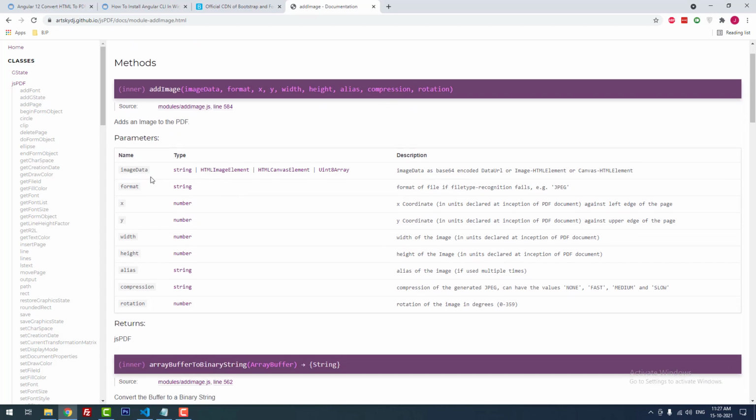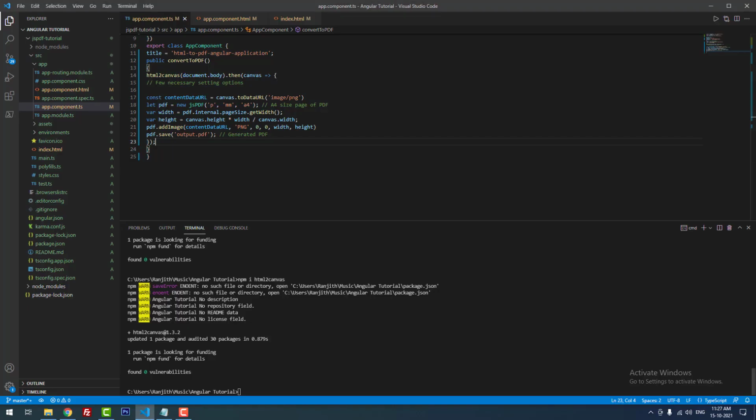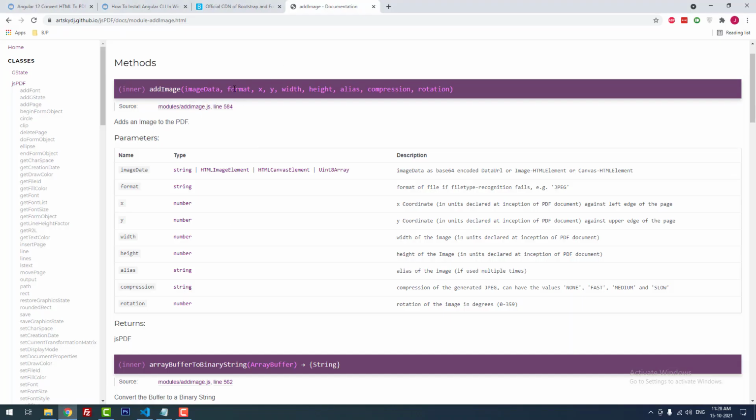The first one is image data. We have saved the data URL to a new variable called content data URL, so I have defined the image data here as content data URL. I want to add the image as a PNG, so I have defined PNG in the second parameter, which is format.